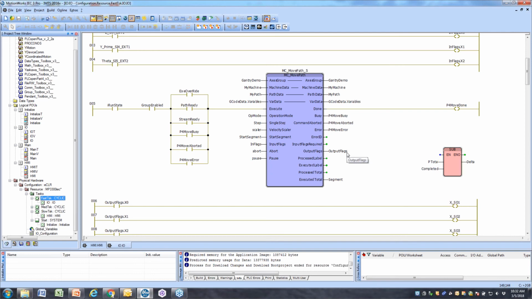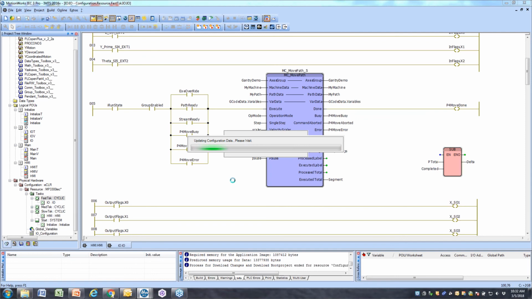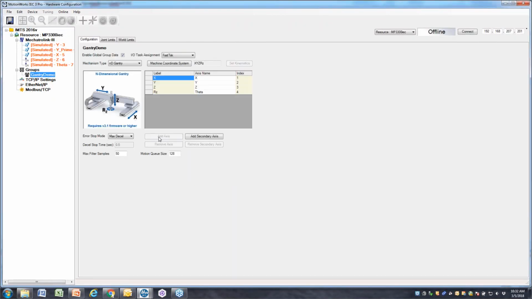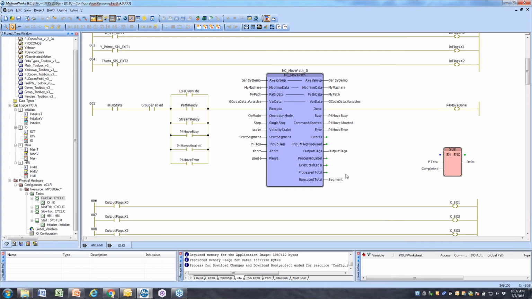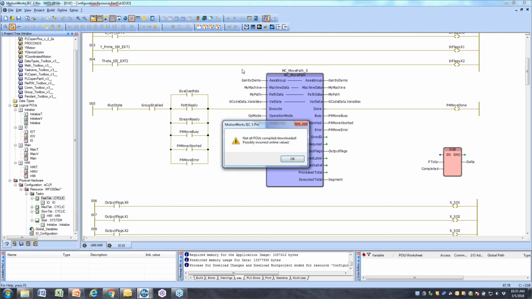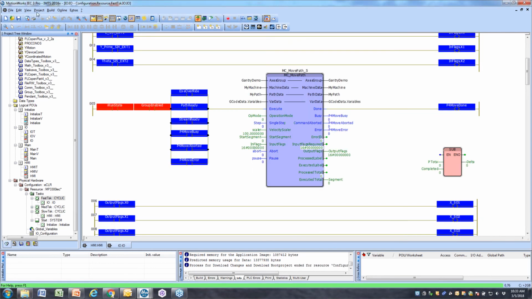Otherwise, it's preloading a buffer of the motion instructions. There's no real critical need to have it running in a fast task for that reason, because it will prepare the buffer in advance. In this case, the group's buffer is set to 128 motion segments in the firmware layer. So as long as the next motion segment is a linear segment or successive linear or arc segments, and they are collinear within your specification given by the myPath.collinearity